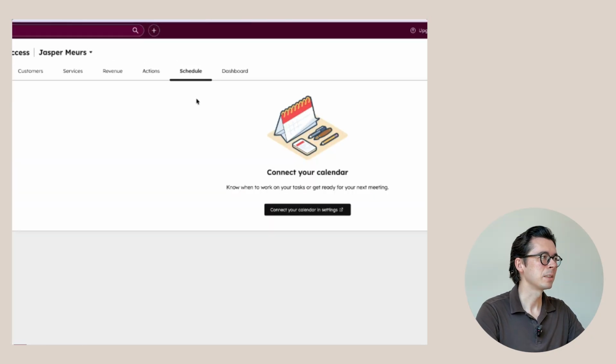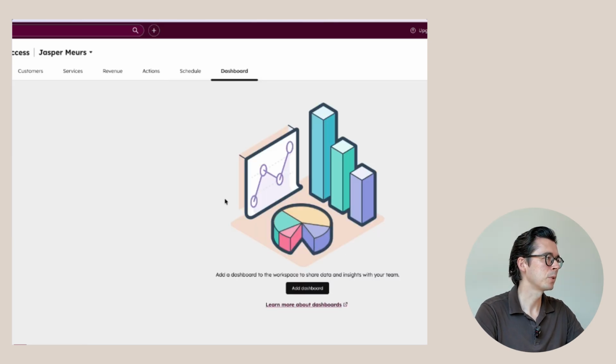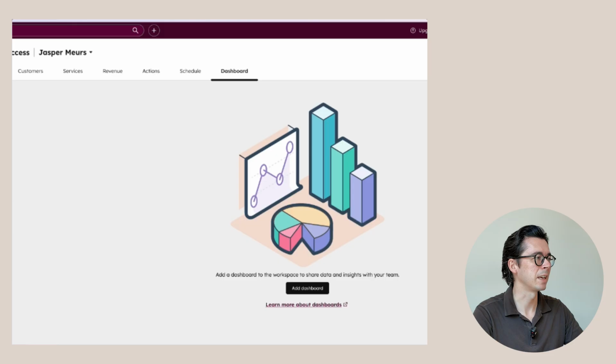Then the next step is, again, the schedule. So this shows us the same thing as in the summary on the right side. You remember from earlier, it just gives us a little bit more space to look at our calendar. And then for the dashboard, here you can add a custom dashboard that you like to use as a CSM, and you will have all of that information right here. So you basically don't need to leave the Customer Success Workspace to quickly look at the most important dashboard that